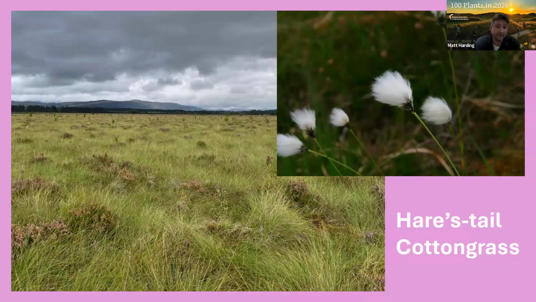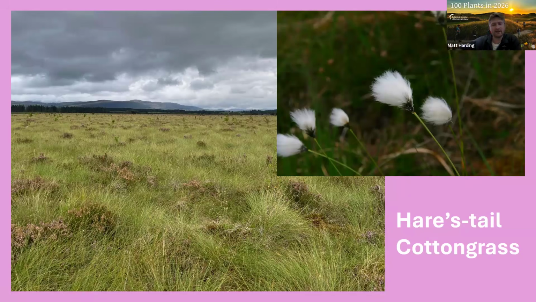And if you look across that picture, you can spot the tussocks of heather, possibly heather, and cross-leaved heath in this matrix of green, kind of yellowish green. And that yellowish green is hare's-tail cottongrass tussocks. It's not a grass, it's a sedge, sorry. But it's a very distinctive one. It forms these really big tussocks,